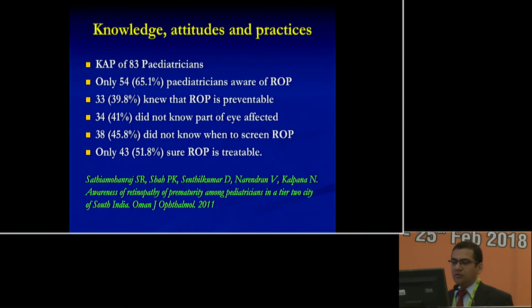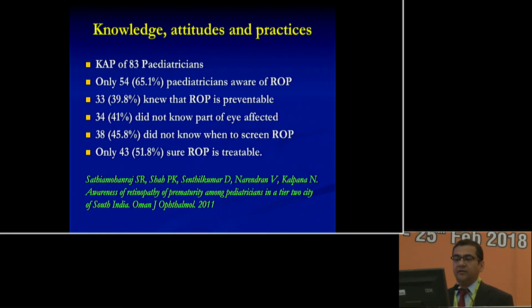So sitting in Coimbatore, I think I would be failing my duty if I don't tell this study by Dr. Parag, who is our chief instructor also. So this was a knowledge attitude practices study which was done in pediatricians. How much do we really know, and what is the level of awareness in our community about ROP? So this was a knowledge attitude practices questionnaire for 83 pediatricians in Coimbatore, and 65% pediatricians were aware of ROP